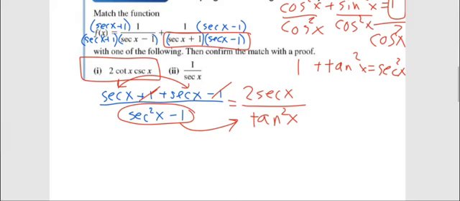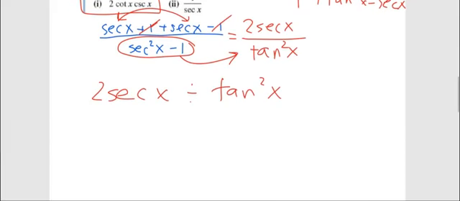All right, so let's see here. Instead of writing it vertically, let's write it horizontally and see what happens. 2 secant x, that would be what? 2 times 1 over what? Come on, secant. 1 over cosine x